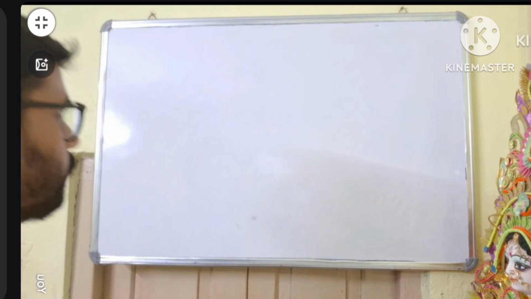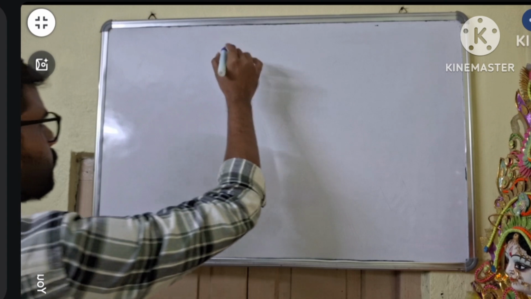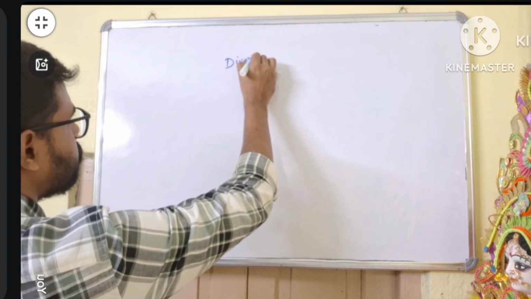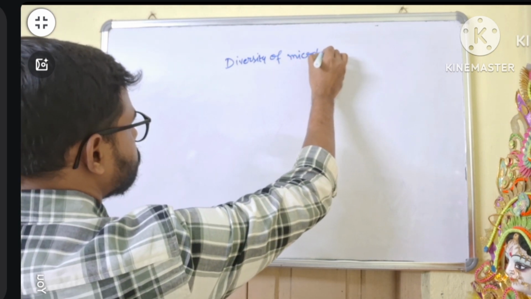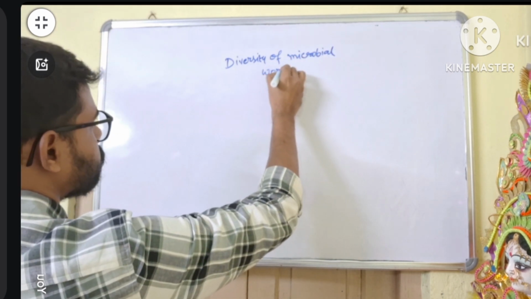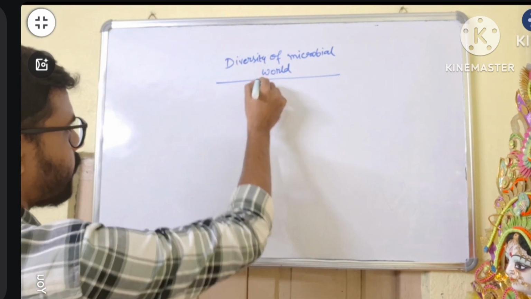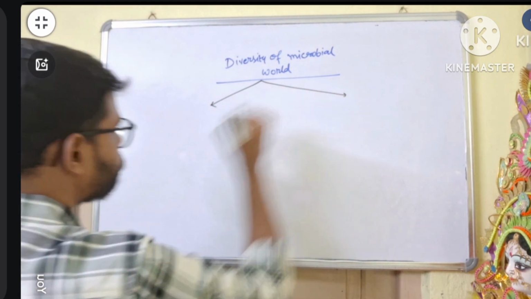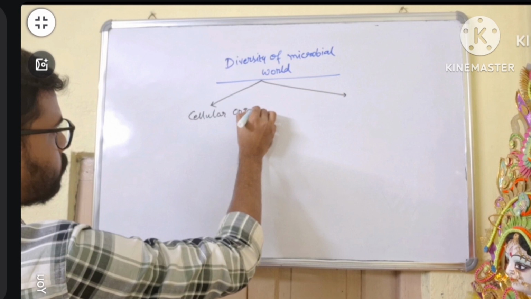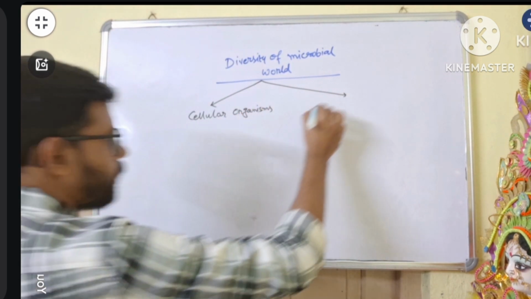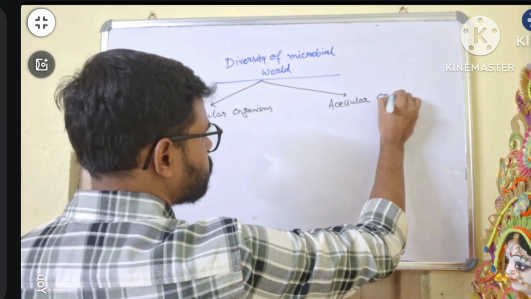Good evening. Okay, last day in the core paper class, we discussed that the diversity of microbial world can be grouped into cellular organisms as well as acellular organisms. Yes or no? Cellular organisms as well as acellular organisms,